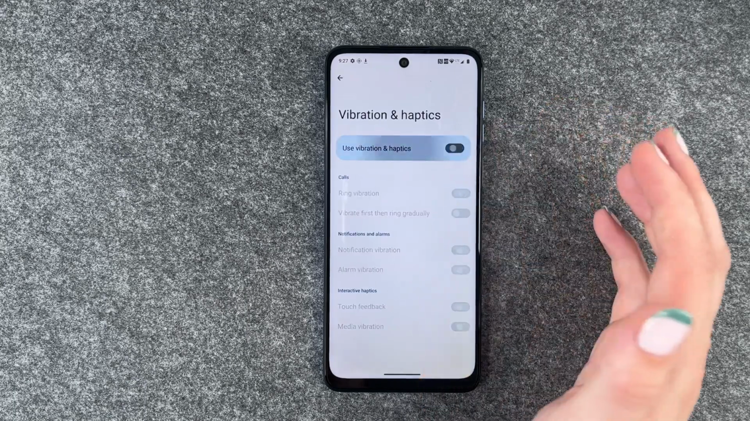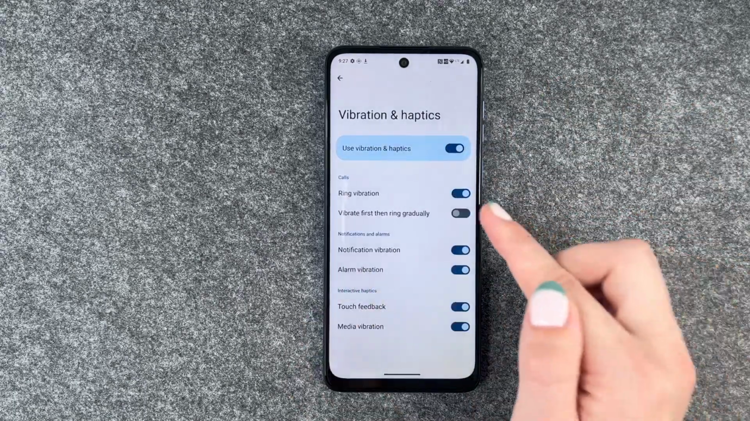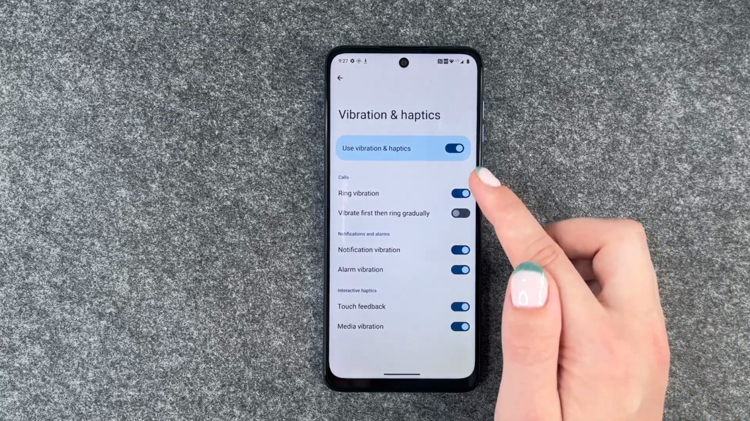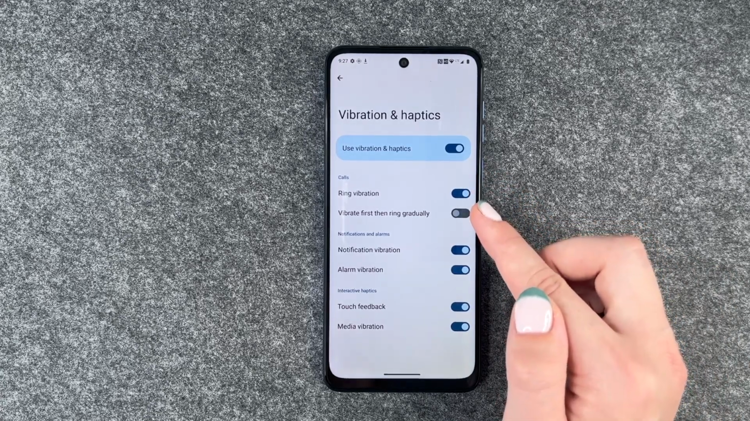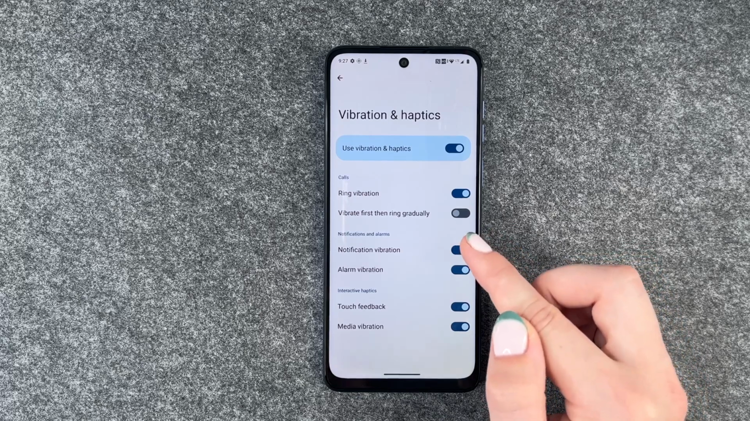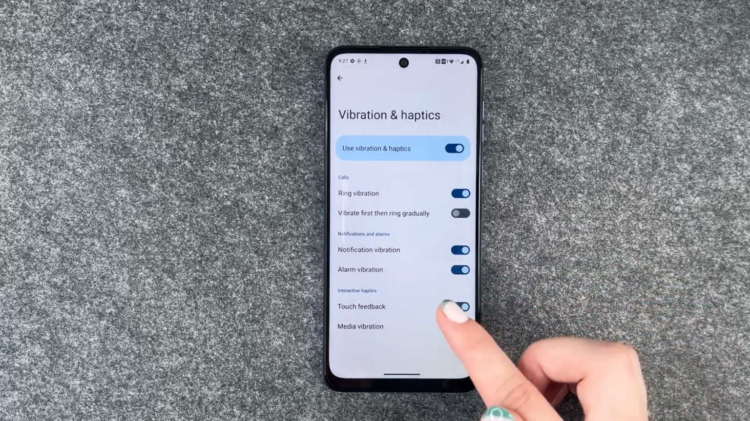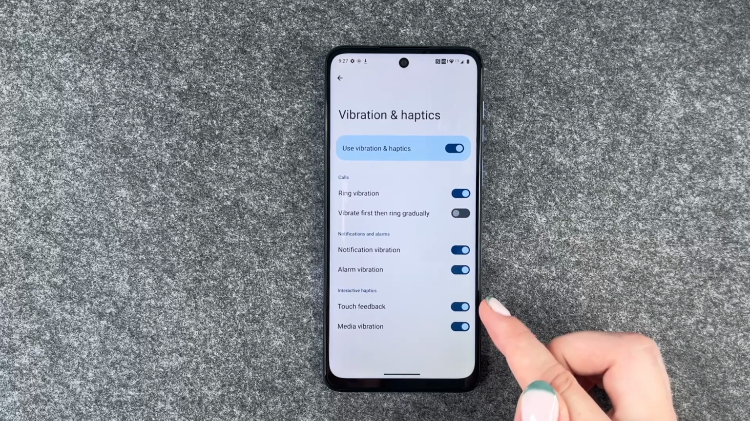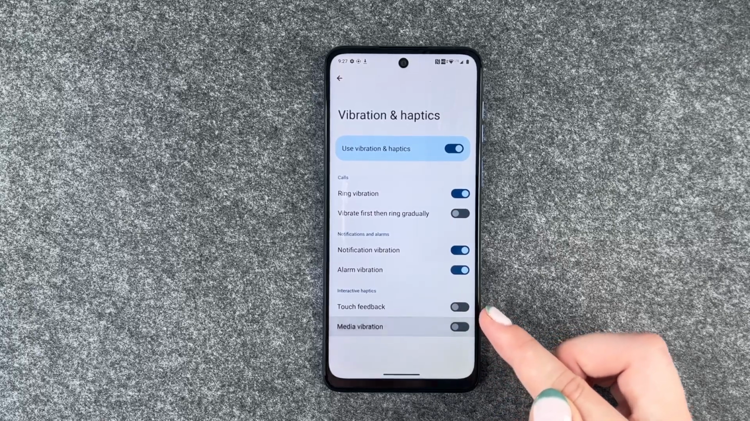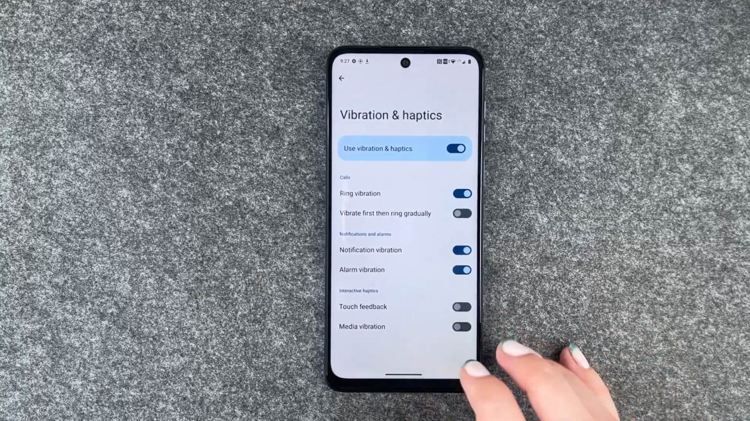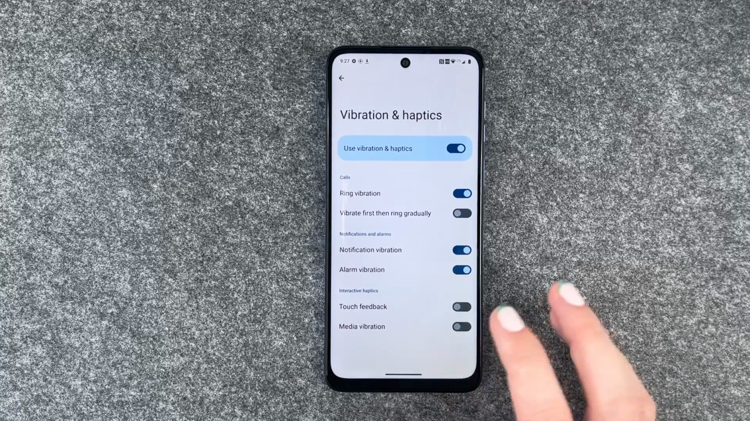If we click on that, we can turn that off in general, or we can also make some settings here: ring vibration, vibrate first, then ring gradually, notification vibration, alarm vibration, and then we have interactive haptics. So the touch feedback and the media vibration is what we want to turn off in the first place, because